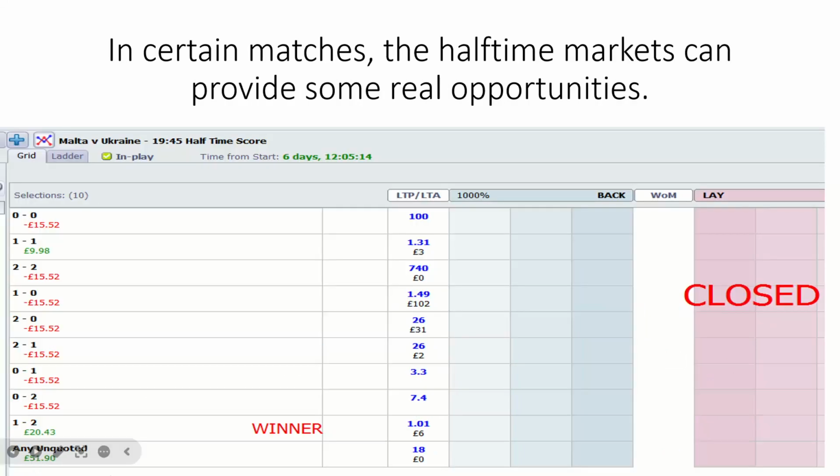In certain matches, the halftime markets can provide some real opportunities. I like this particular market. It's called the halftime score market. Why do I like it? Well, it gives you an opportunity to have a punt at a bigger return. In this case,